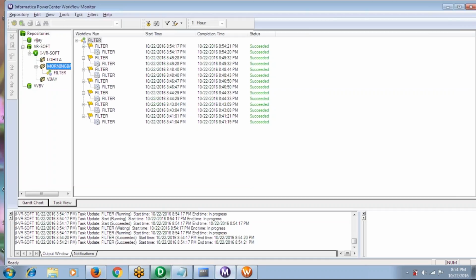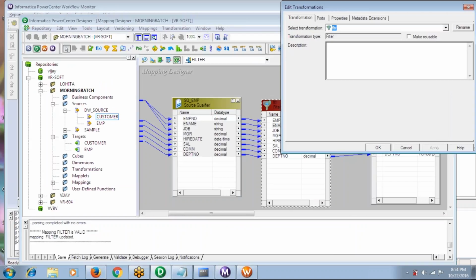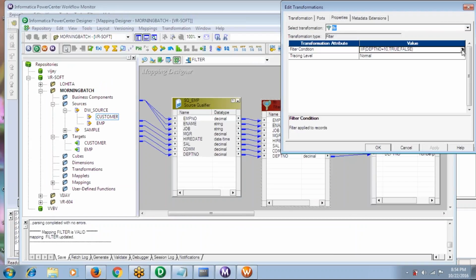Okay, the DEPT number 10 records are loaded, right? Here we can use the Oracle function, like suppose,